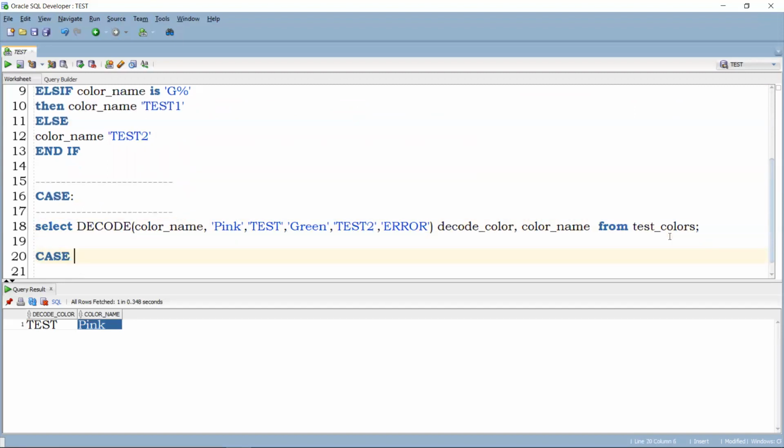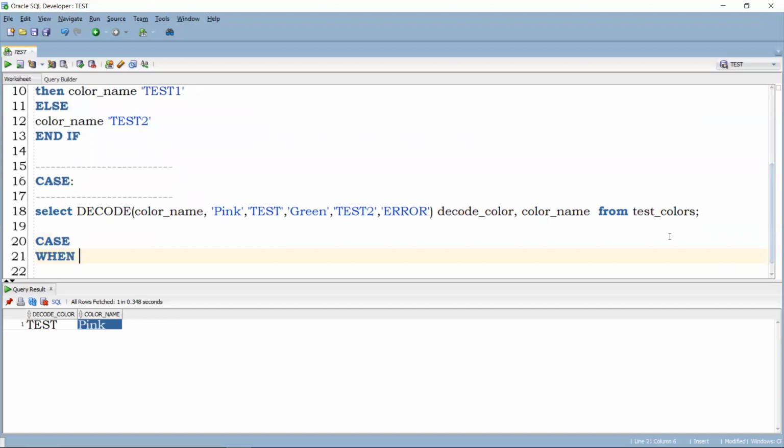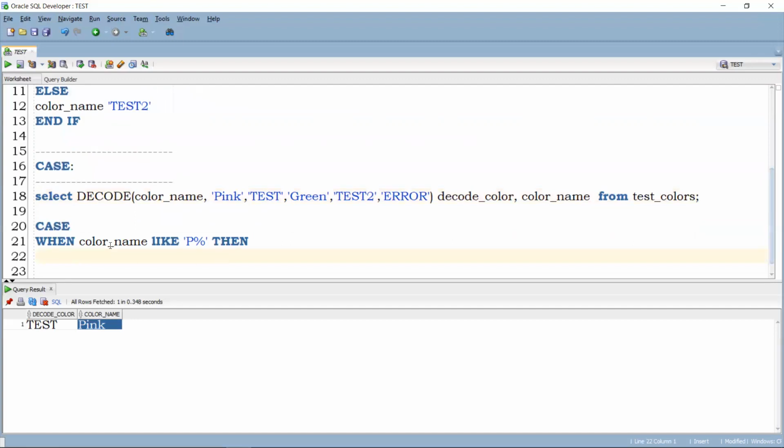Taking the same example, let's write the case statement. For case we'll use WHEN. CASE WHEN color name LIKE 'P%' THEN 'test'.